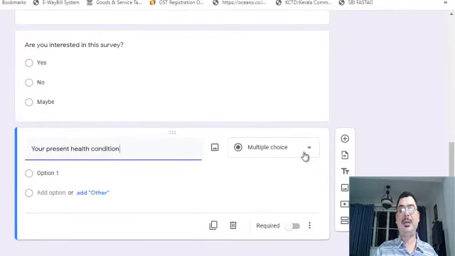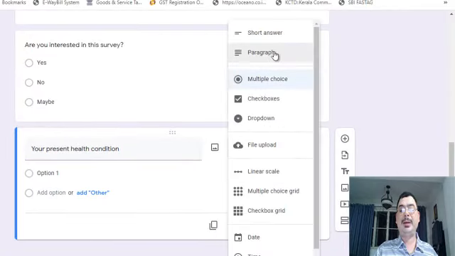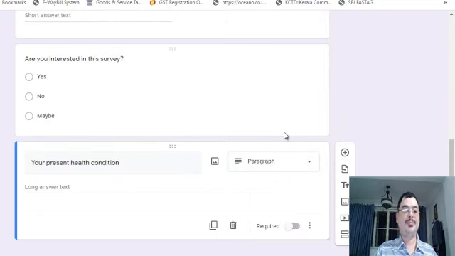Here on the right you can see multiple choice. I can make it as a paragraph. So they can write a paragraph.